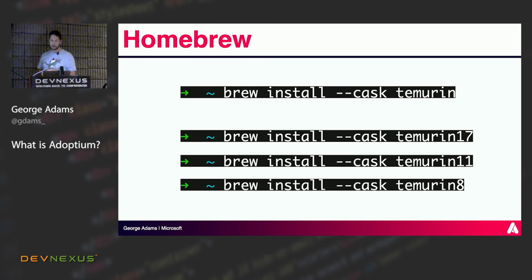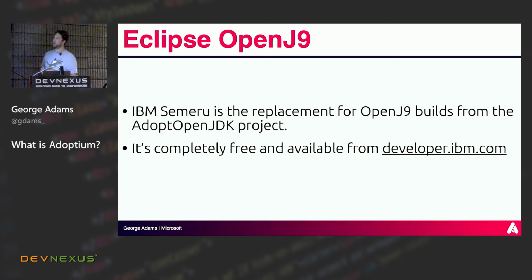I don't know if we have any OpenJ9 users here, but if you are using OpenJ9, we unfortunately had to stop producing it as part of the move to the Eclipse Foundation. But what you can do is go to developer.ibm.com and download the IBM Semeru runtime. It's exactly the same, shipped under the same license. There is also a commercial license, I should probably say. But if you just want to get it under GPL, you can do that. So nothing really changed there.